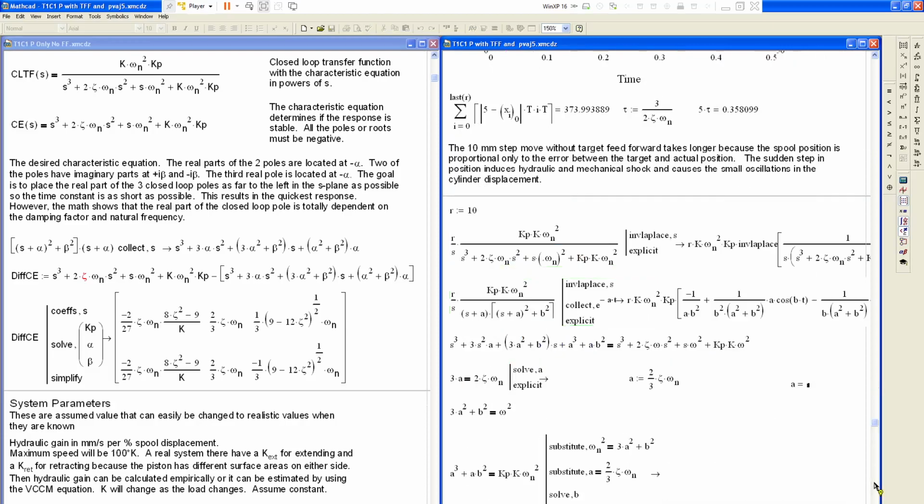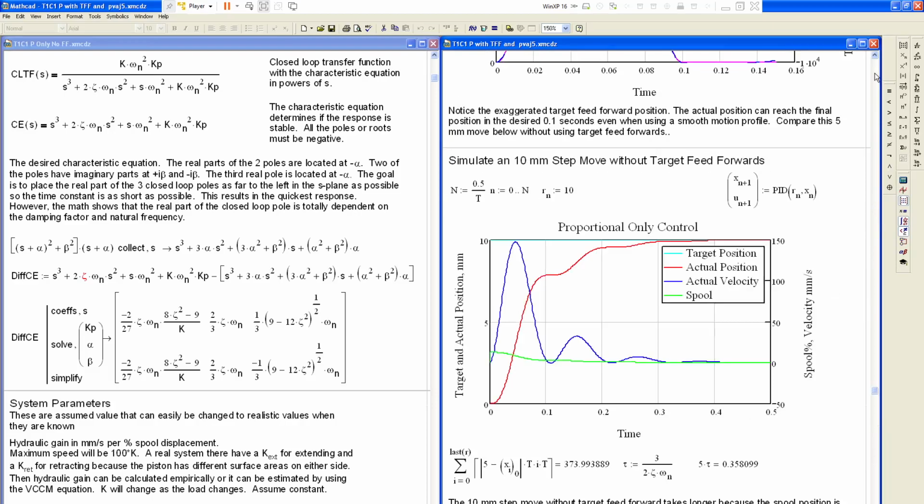So the thing I want to point out is that there are 2 ways of doing this feed forward, and the target feed forward method has the advantage in that it can work with systems that don't have any zeros, whereas the traditional feed forward requires that you have all your zeros. All the gains act on the error between the target and actual values. With the target feed forward method, you don't need to have any zeros, and you can get pretty much the same result. So that's it for this